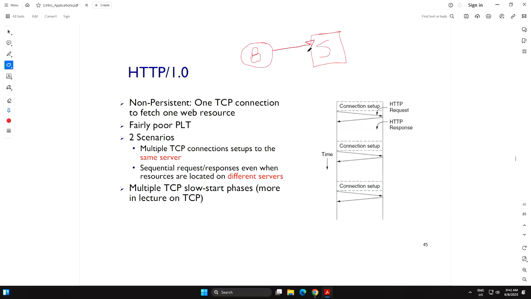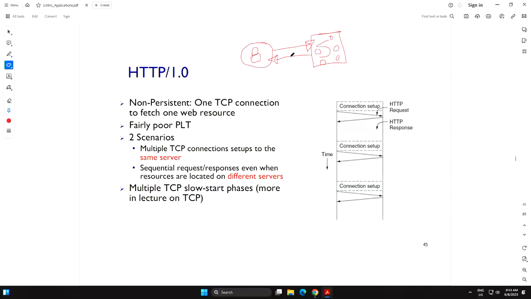So you request an object, you get the object. All these objects may be in the same server. So even if all the objects are residing on the same server, you have to open the TCP connection, close the TCP connection, open the TCP connection, close the TCP connection.